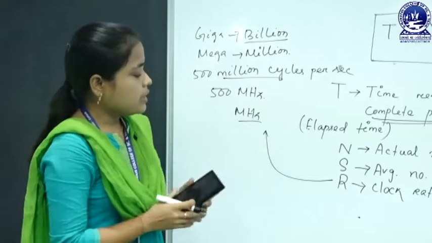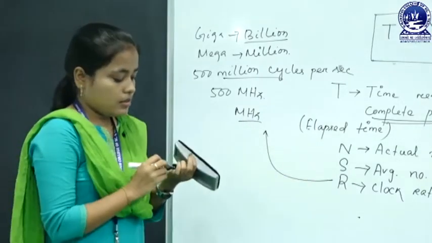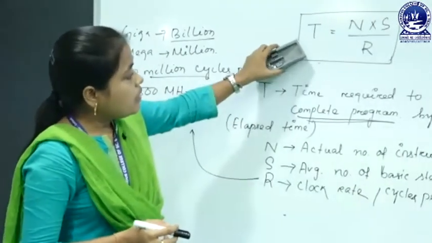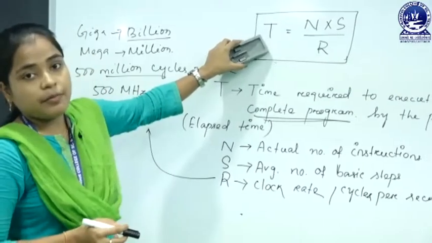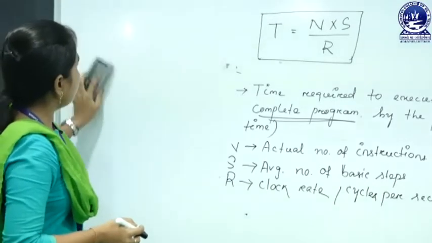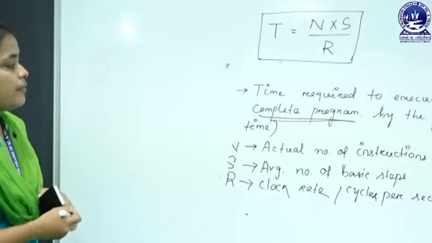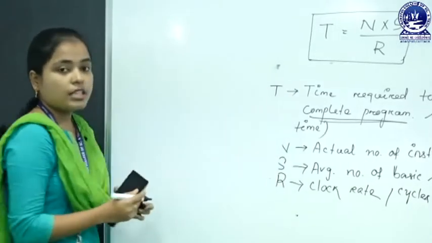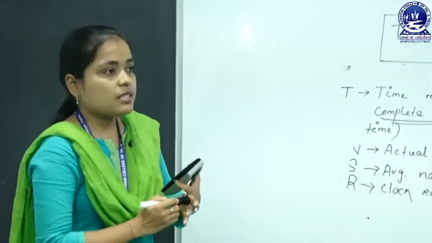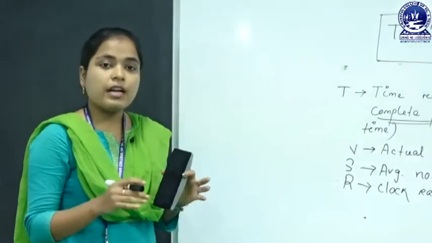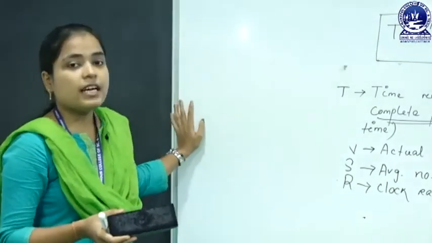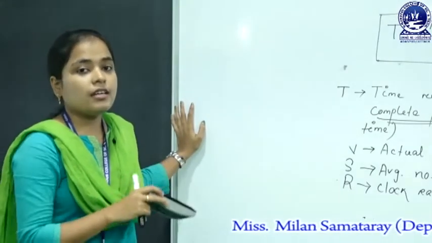So, by using this we can calculate the value of R. Okay. So, let us see how we will decrease this time. Why decrease? Because we can say a computer is faster than another if less time is required to execute a program. If a computer needs 5 nanoseconds to execute a program and another computer needs 2 nanoseconds to execute the same program, then we can say that the second computer is faster than the previous.